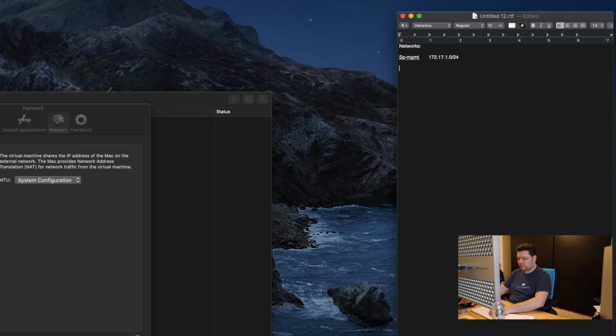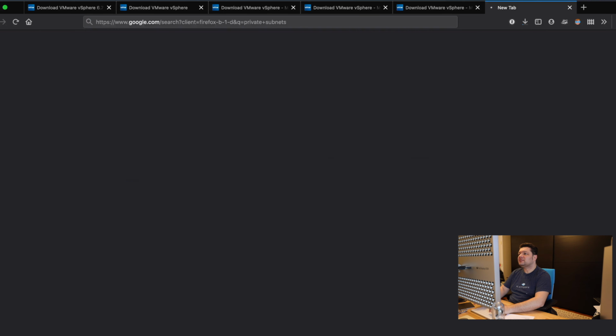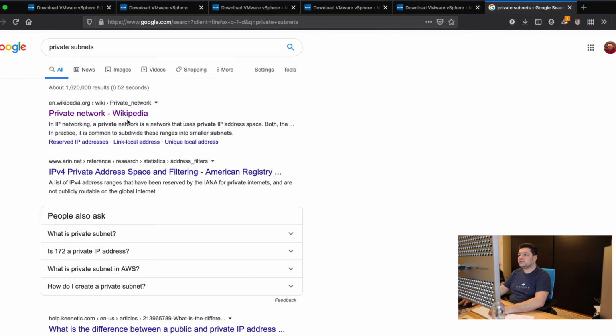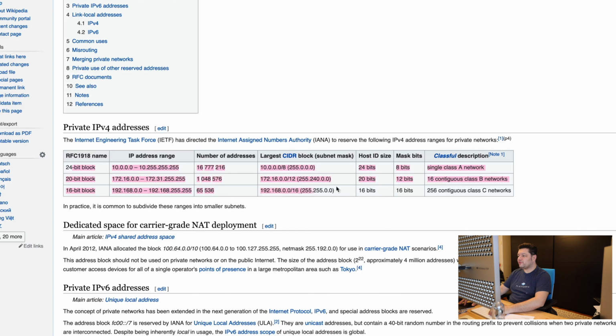Well, it's very simple. Go online, type in private subnets, and the first hit will be this private networks that are available. So everything on the internet has an IP address. However, these particular 3 subnets are designed for use internally. That's what your Wi-Fi routers get and your switches that are at home or on the internal part of the network. So I just chose this one here,